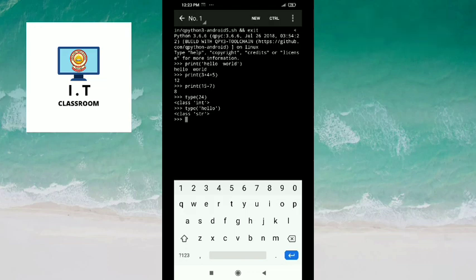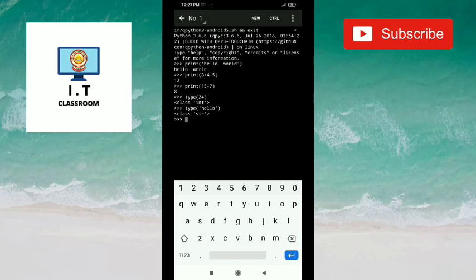As you can see on the screen, the class of this data has been shown here as str. Str stands for string, and you know that hello is a string value, so that's why its class has been displayed here as str, which stands for string. So in this way, by using the type function, you can obtain the data type of any number or any data value.